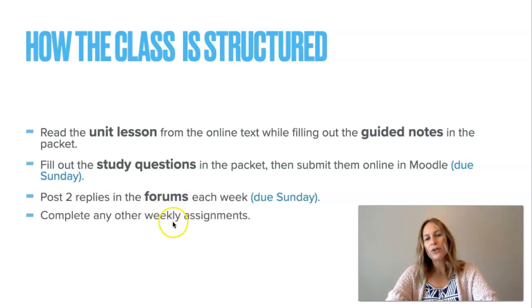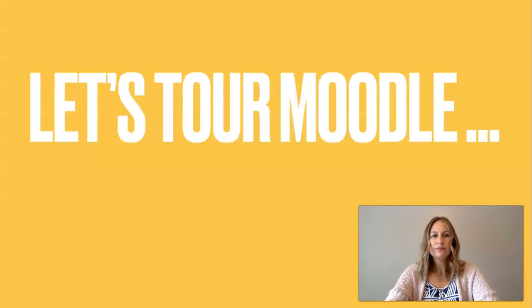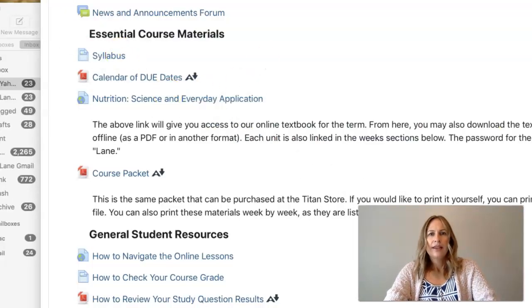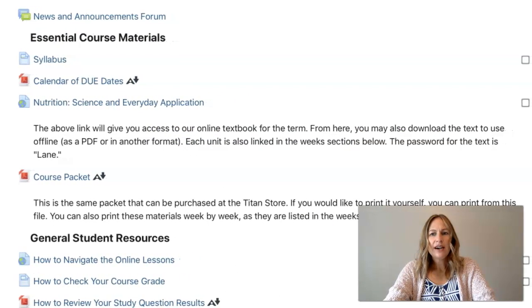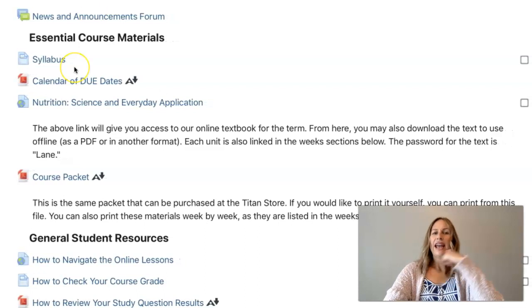And there will be some other weekly assignments as well that will be sprinkled throughout the term that will be listed in Moodle as well. So let's take a look at Moodle. Let me adjust this a little bit. So here we are in Moodle, and at the top of the course I have some materials I want to